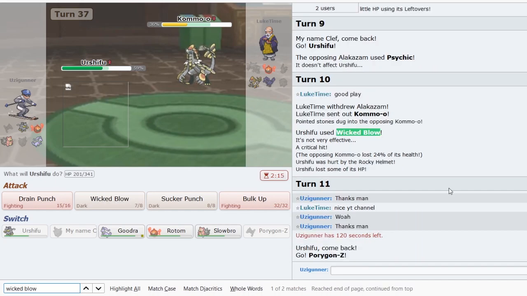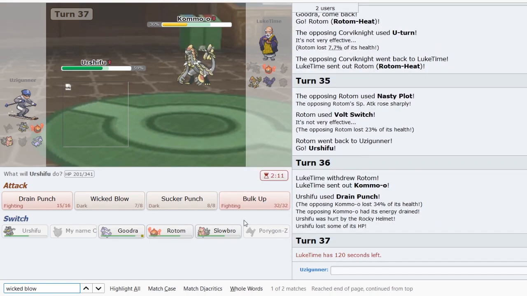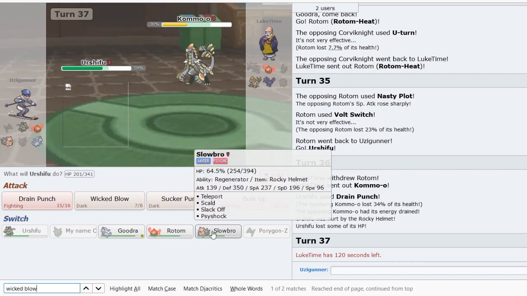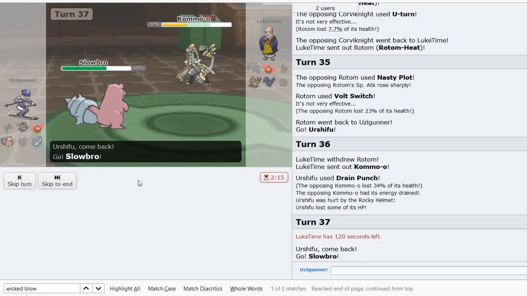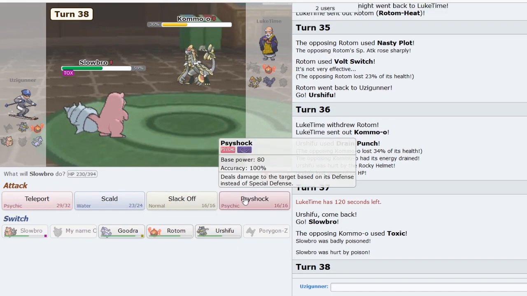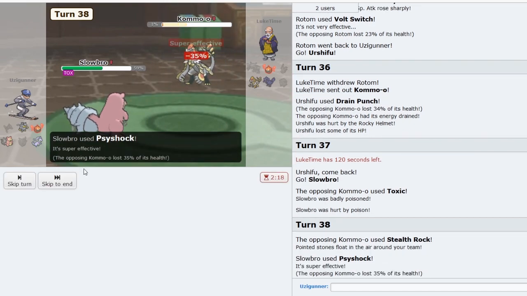Alright, it did 24%. And by the way, if you guys are curious as to how you do this, you just click Control F and then you type it in. But yeah, here my play here is to pretty much just go out in my Slowbro. Again, no reason not to. I'm gonna click Psyshock, I would assume. Yeah, because why not? He's gonna have to set up his Stealth Rocks, but obviously that's...